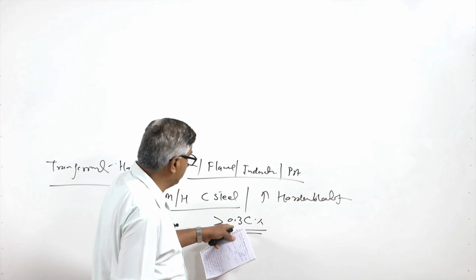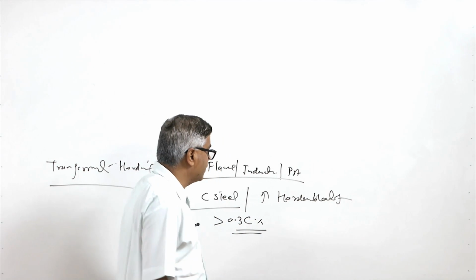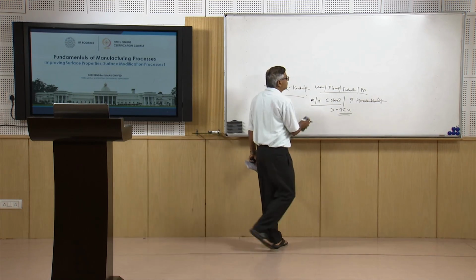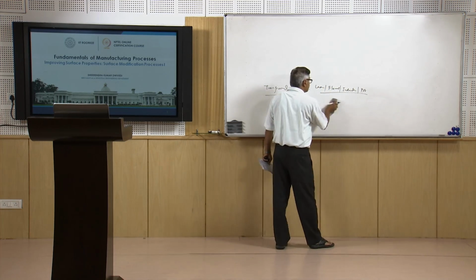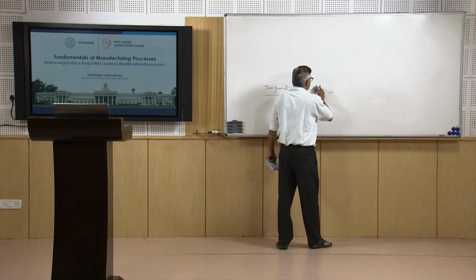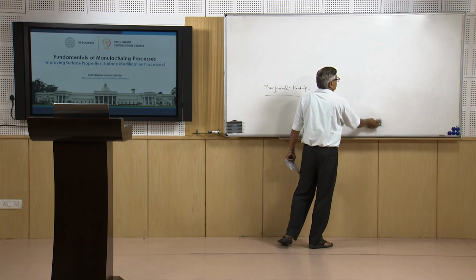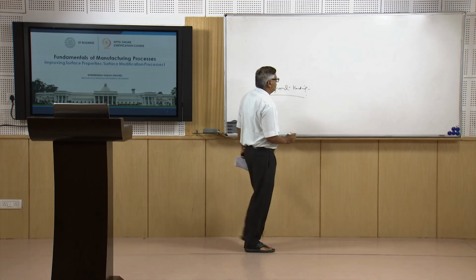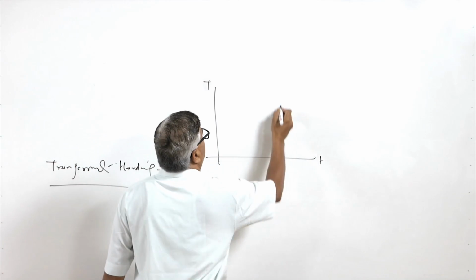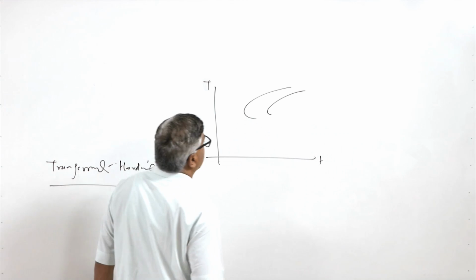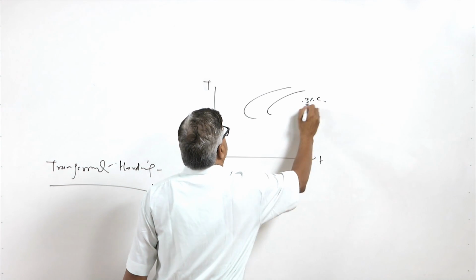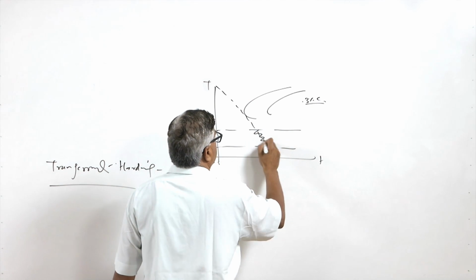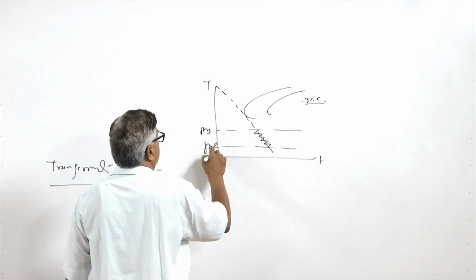Why is it so? Because if the steel has more than 0.3% carbon, it will show good hardenability and an increased tendency for martensitic transformation, so that the required hardening can be achieved. The only difference is in the source of the heat. The source of the heat may be laser, flame, plasma arc or induction of current. What is exploited basically is, say, this TTT diagram or CCT diagram for 0.3% carbon steel, and this is the critical cooling rate. This is the transformation zone, this is MS and this is MF.